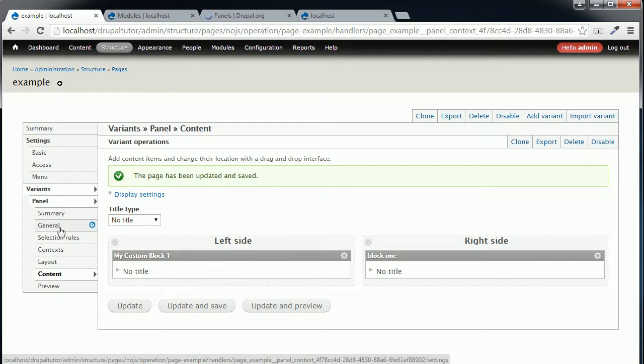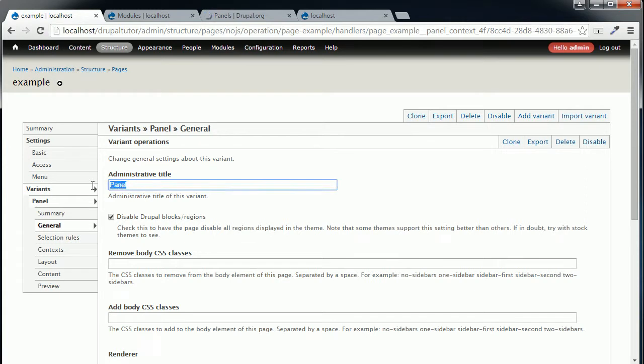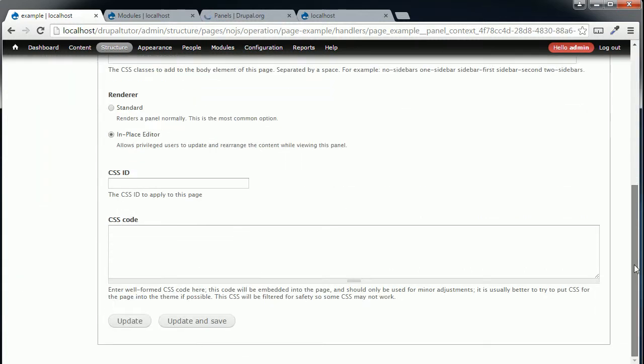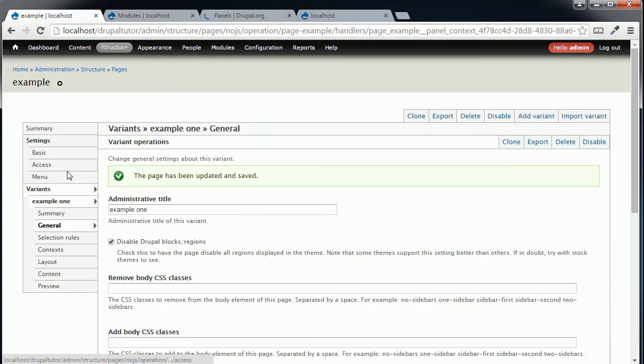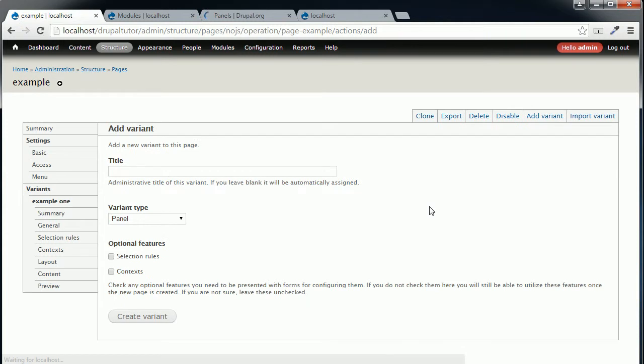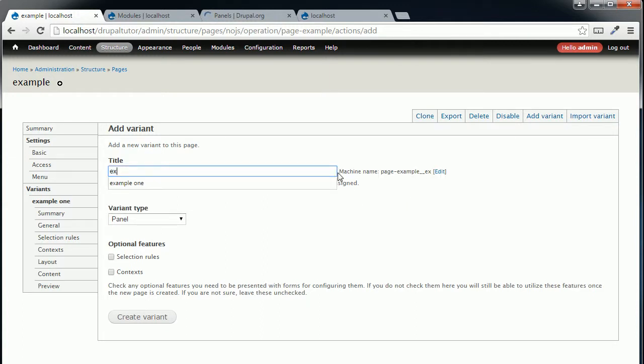So if I click on general, I can change the name of this variant, and I'll call this example 1, and I'll hit save, update and save. So you can see that this variant is now called example 1. Now what I'll do is I'll click on add variant here. So when I do this, what I'm telling Drupal is I'm going to have an additional display for the same path example. Let me give this a name. I'll call this example 2,